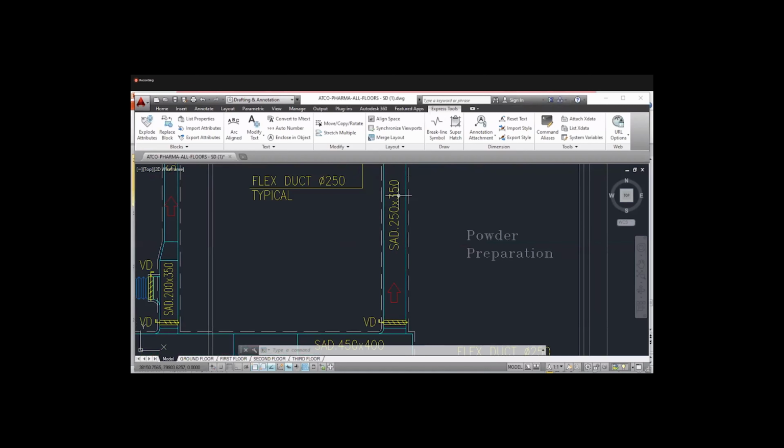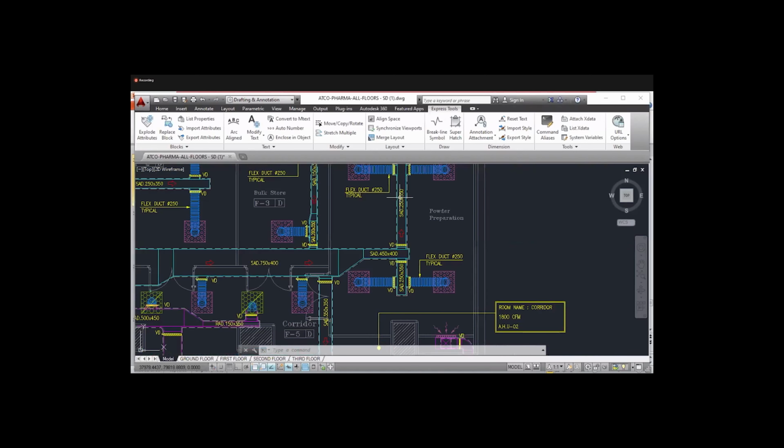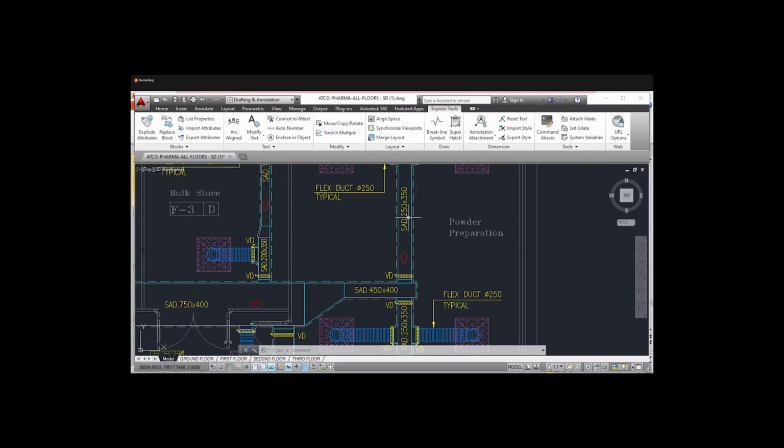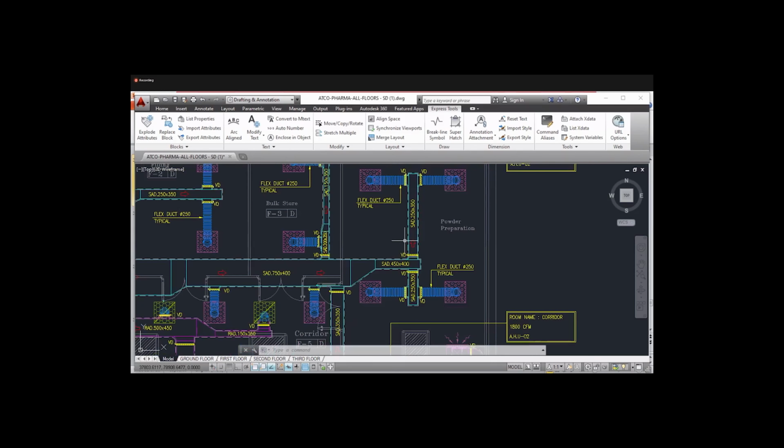Yeah, so the height should be the same. Means we should not divide 350 by 2. The height should remain the same. Only the width can be divided. So the pressure drop and the noise will not be there, and it is a safe design. So only the width part should be divided.